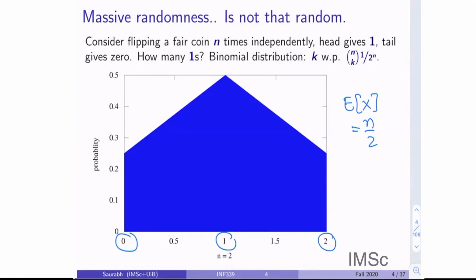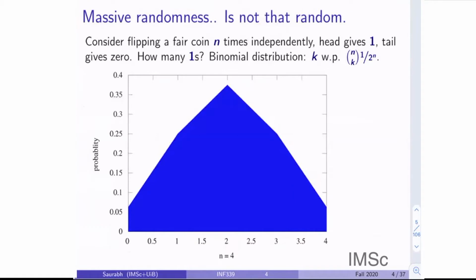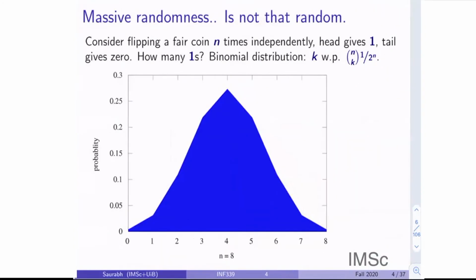Then we said, okay, let's see how this distribution looks if we throw 4 coins. We saw that the probability of seeing 2 heads has come down, but the probability of seeing between 1 and 3 heads seems to be more or less everything we worried about. So let's go further.